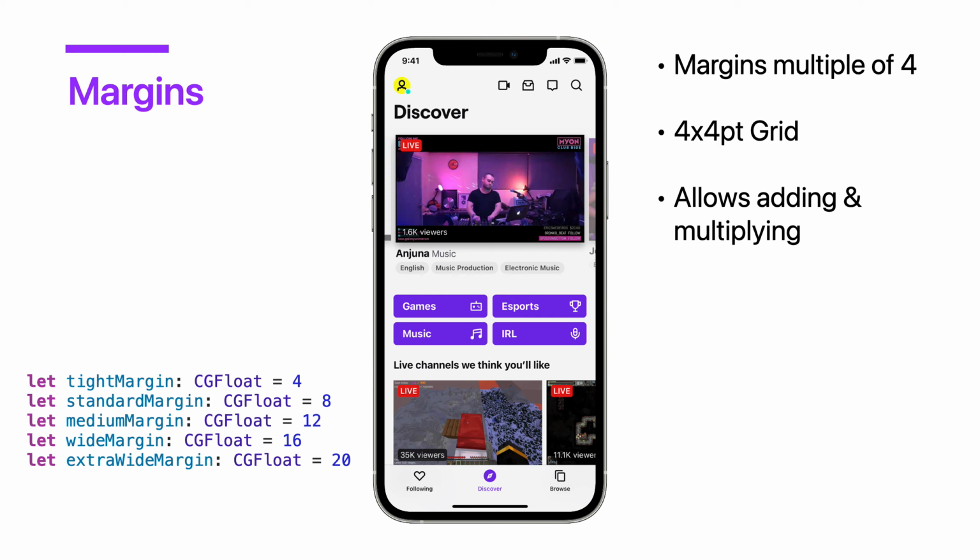So for example, if you have twice a standard margin, well, that makes a wide margin. If you add tight and standard together, you get a medium margin. So no matter how you use them, they will always be on this 4x4 grid. For illustration purposes, I've overlaid a grid here. It's actually kind of hard because the lines themselves have a thickness, so it is not 100% accurate, and it's